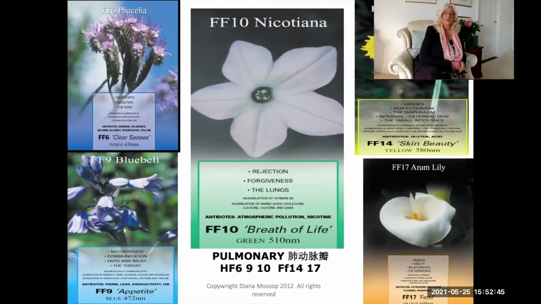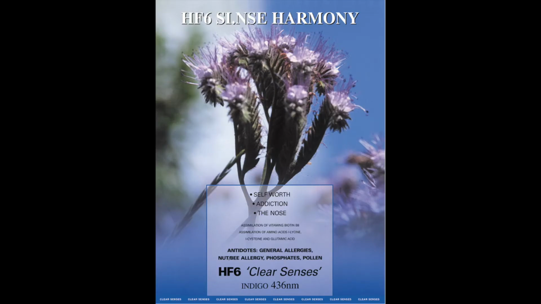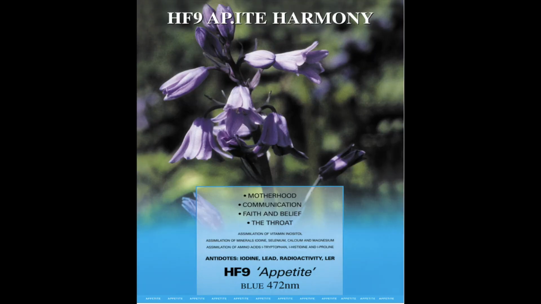Here we have a formula called Facilia. Now, Facilia is very, very powerful. It's for the sinus tonsils, HF6, called Clear Senses. And this Facilia formula is very, very important. It's particularly powerful for people who've been damaged on the right side of the body, who suffer with lack of self-worth, low self-esteem, tears, crying, internalized crying, isolation, loss, all the things that are happening so much to our children today.